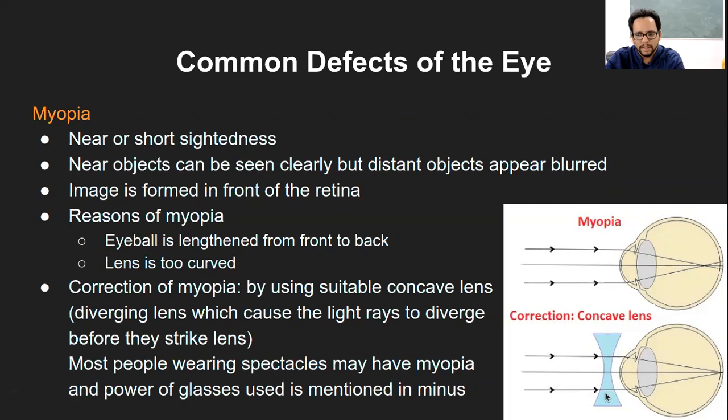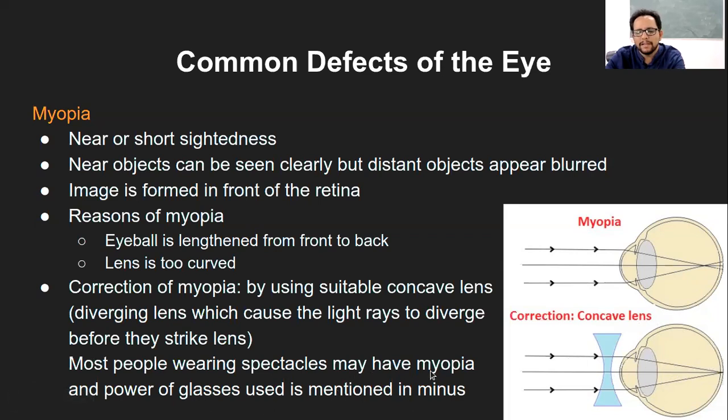Yeah. So in this case specifically, this is like a biconcave lens, which will diverge the light rays. So if they are coming straight, they are going away from the principal axis. And because of the lens structure, they will again merge at a point. So that is why it is called a diverging lens. And that usually helps in getting the image right. So like again, if you have these glasses, most of you, like I said, will have this myopic type of defect in your eye.